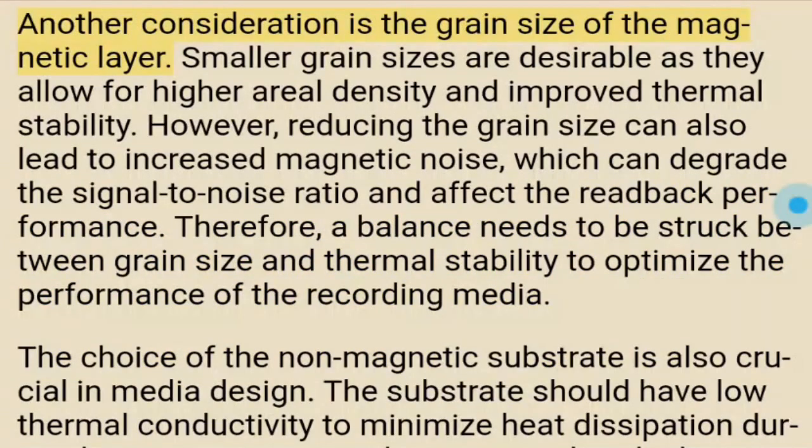On the other hand, a thinner magnetic layer may have lower thermal stability but can facilitate easier writing. Another consideration is the grain size of the magnetic layer. Smaller grain sizes are desirable as they allow for higher areal density and improved thermal stability. However, reducing the grain size can also lead to increased magnetic noise, which can degrade the signal-to-noise ratio and affect the readback performance. Therefore, a balance needs to be struck between grain size and thermal stability to optimize the performance